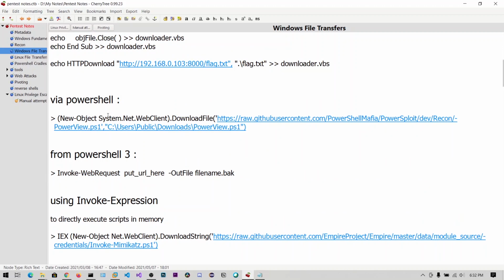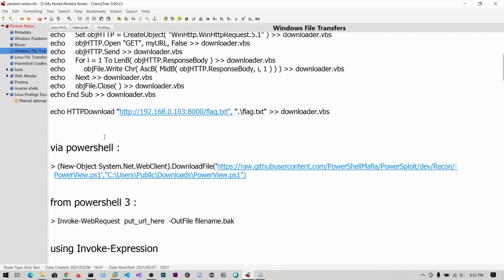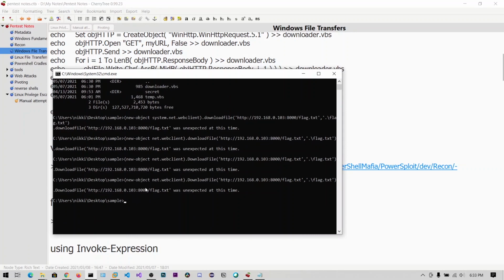So I think this is the case, instance 2. I don't know why this is not working. Once you give it a try, guys, it's a normal thing. If you download this file, you can directly use this IEX, Invoke-Expression. If you download the PowerShell scripts, the PS1 or any other scripts, you can directly invoke them in memory.